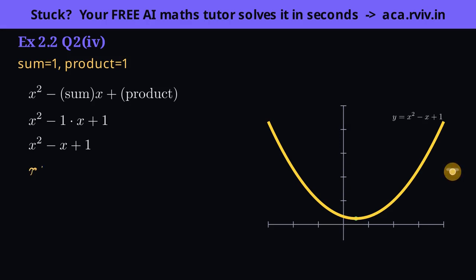Takeaway: when the sum and product are whole numbers, the template hands you a tidy polynomial with no fractions to clear and no scaling needed, the easiest version of this problem type.